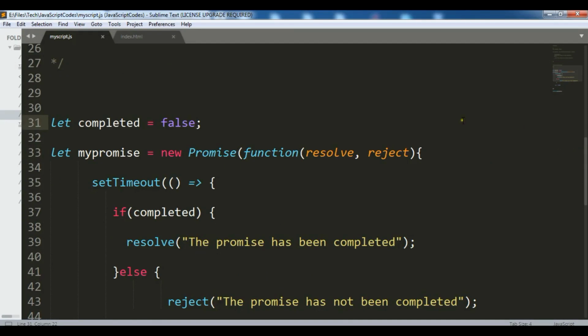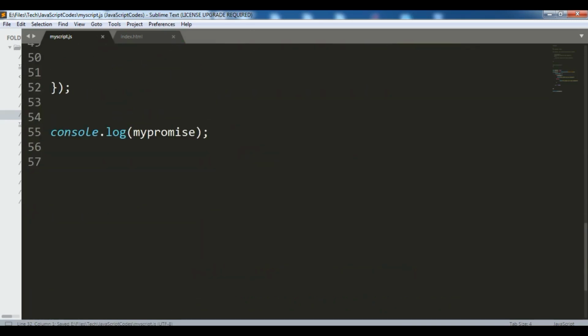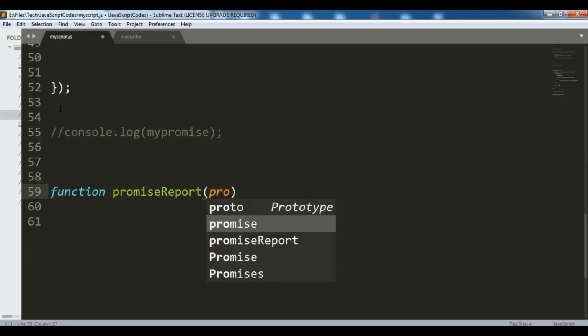Also, I have said that you can use then and catch callbacks. Let me just show you an example of that. So I have this example. Let me just make it true. And now in here I'm going to just create another function. So let me just comment this console.log. I'm going to create a function and call it promise report, and it will take a promise,